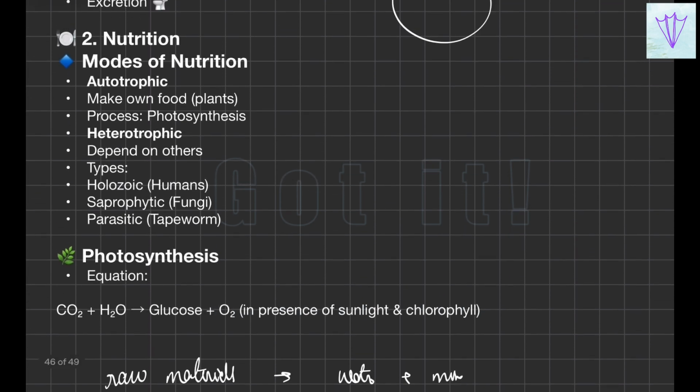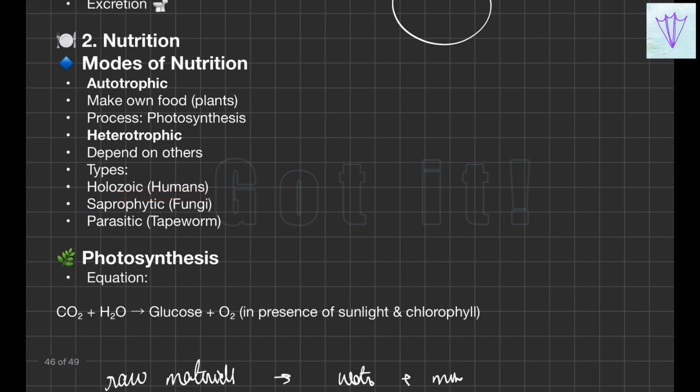Now the holozoic mode of nutrition. It means feeding on solid food. Organisms take up complex food into their body, and this is what is called the holozoic mode of nutrition. It is followed by we humans, amoeba, dog, etc. In this holozoic mode of nutrition, we observe that there will be